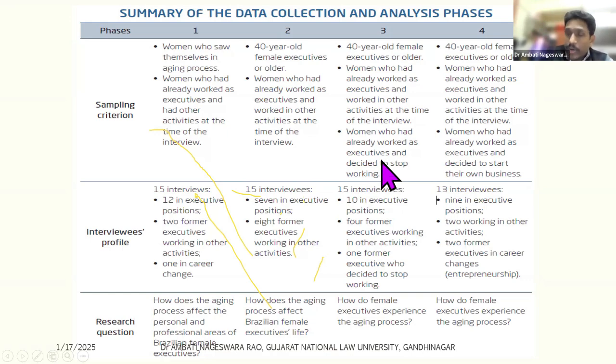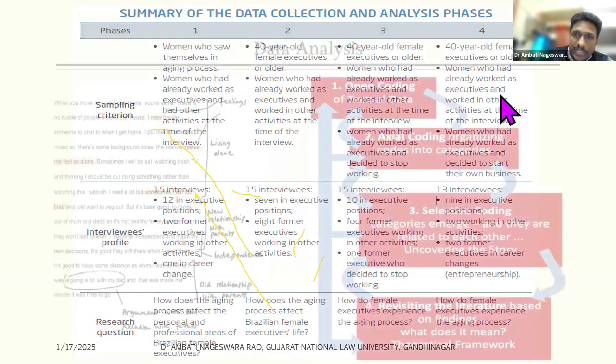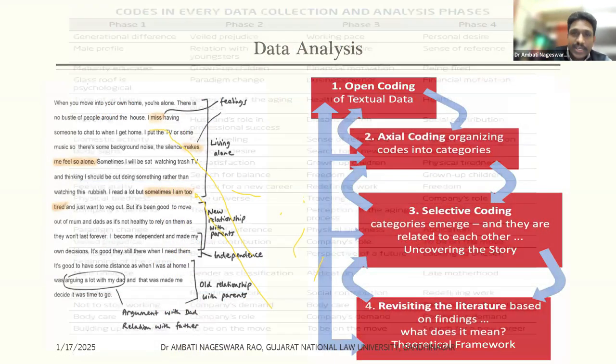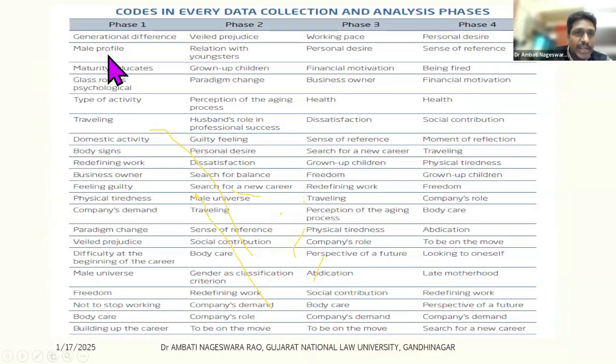Either because they're not able to compete with the current generation, or they decided that they wanted to start an extra business. They want to come up with their own business activities as well. So there are different stages: stage one, stage two, stage three, stage four. After collecting data from all these stages, in each phase, as you are conducting preliminary data analysis, you started generating the codes, and you started comparing: in phase one what kind of codes we got, in phase two what kind of codes we got.